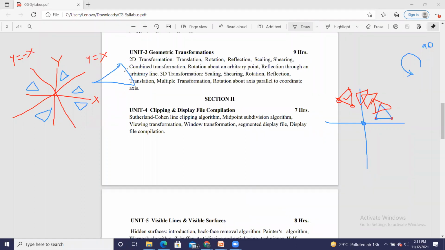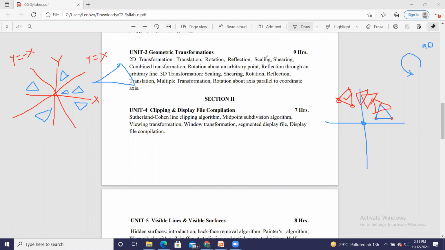So I am going to enlarge it. The other way is also possible. I am going to compress it, which means the size will become small. All these things come under scaling.